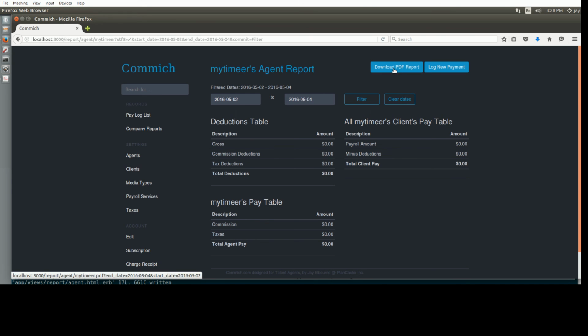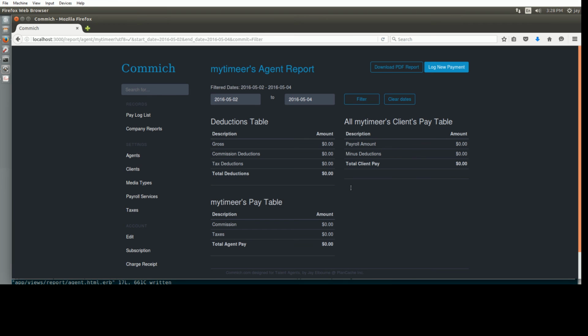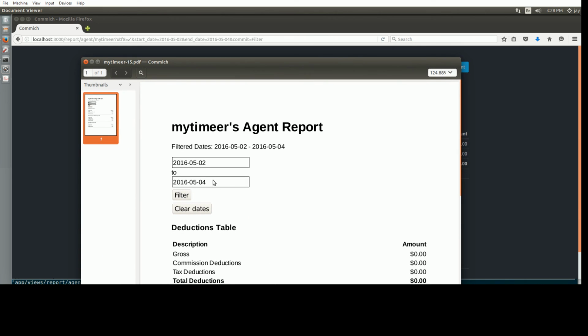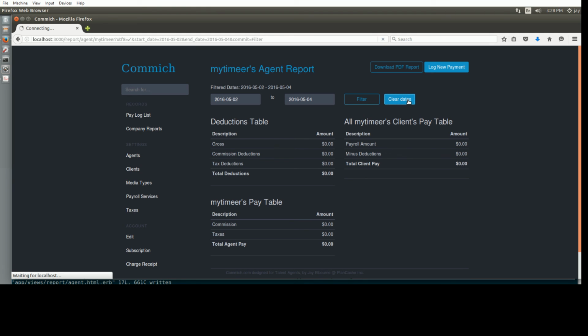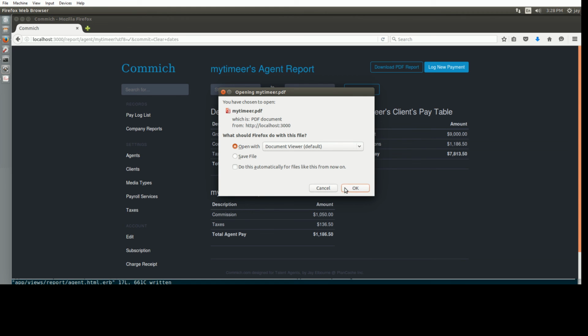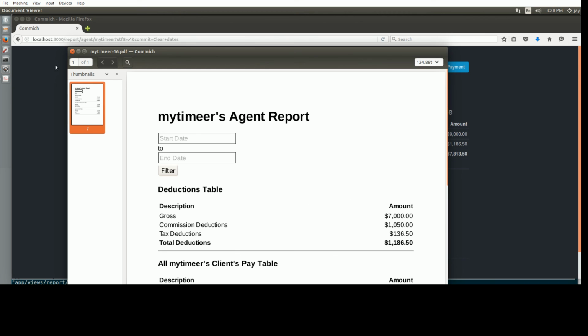Okay, so that's there. Start date, end date are there. I can click on that, and it should be all zeros with all of that. Filters, it's got the dates, all zeros, perfect. So that works now. If I were to clear the dates, this is just the normal report with a gross of 7 grand. Boom, worked. The only thing that doesn't work is this,